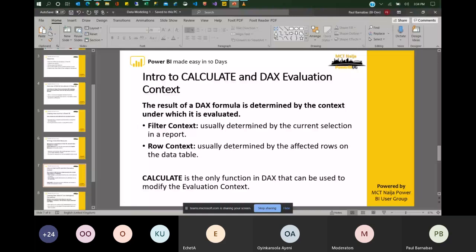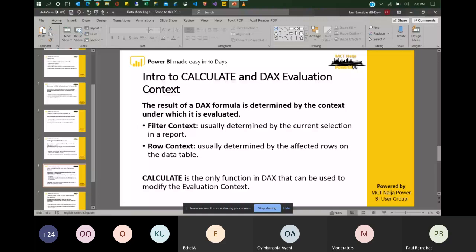And there are two types of evaluation context. We have the filter context and the row context. So these things simply give you an understanding that when I'm creating a calculated column, this and this are the things happening behind the scenes. When I'm creating a measure, this and this also happen behind the scenes.